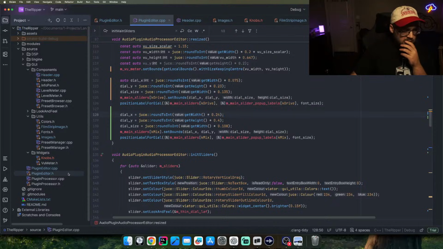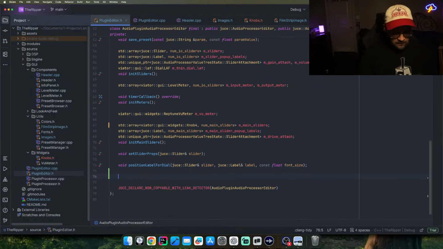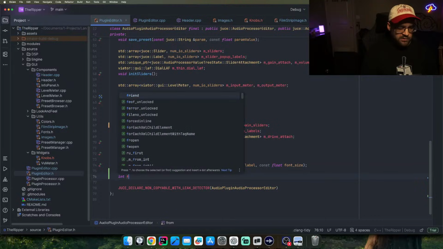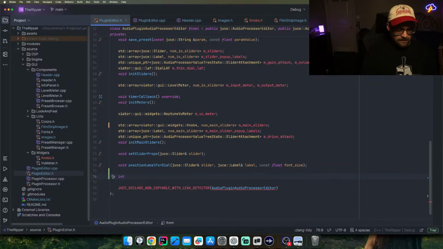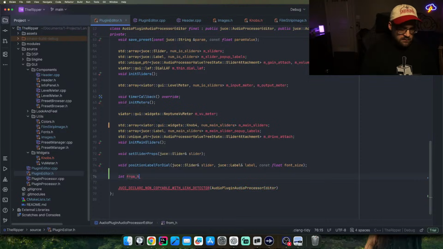We could make a method, so it'd be int and it would be from, we can make it really short, from height or something, or maybe like from H,